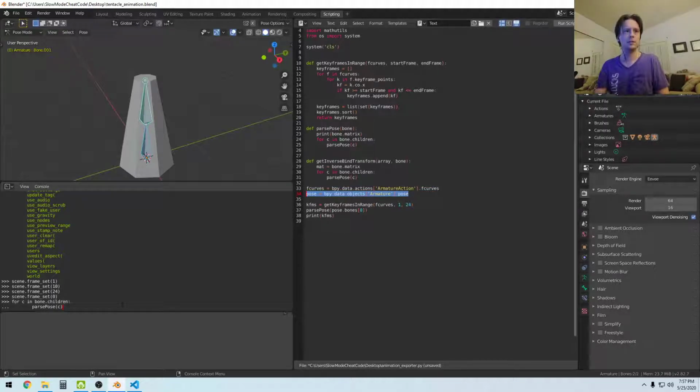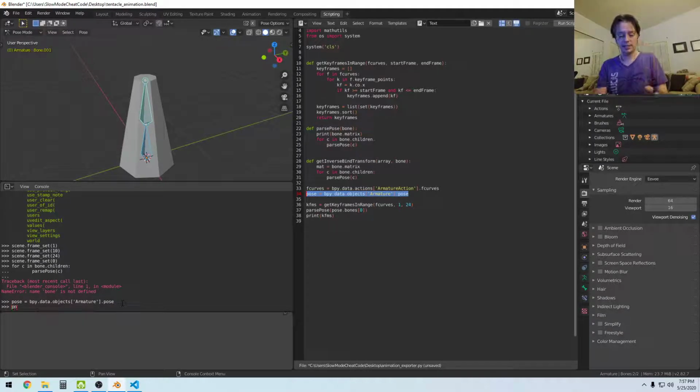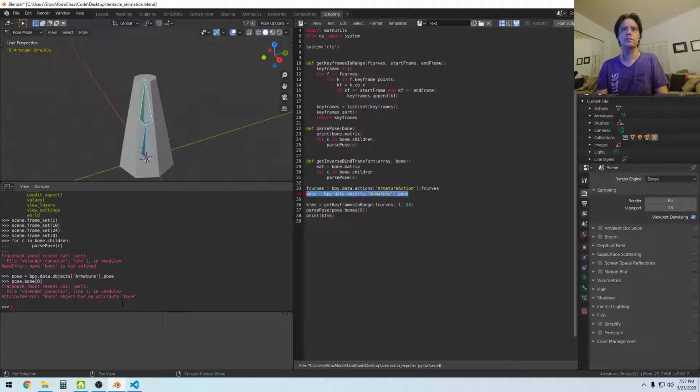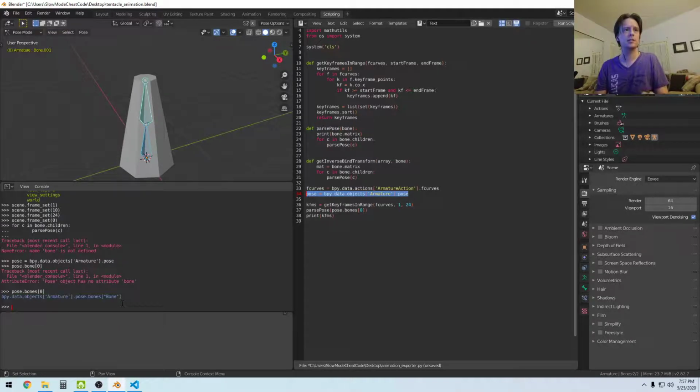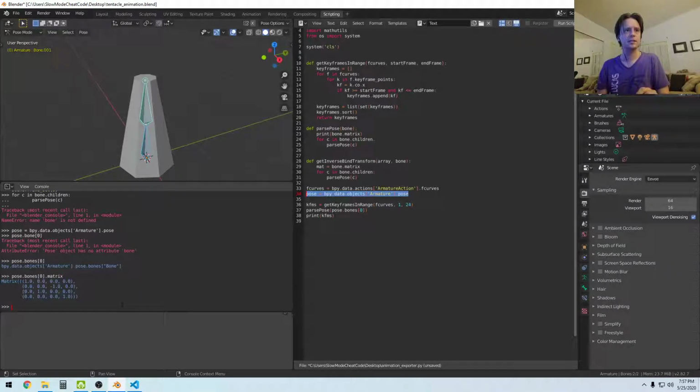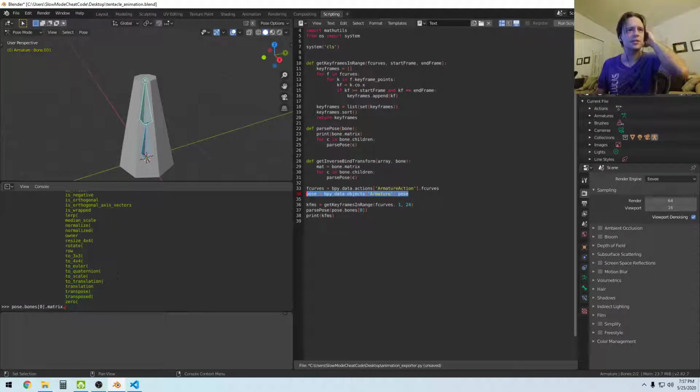Control copy. Okay, there we go. So pose is that, and then if I say pose dot bones 0, there we go. Okay, so I'm looking at this bone here, and I wanted to look at the matrix. All right, and then with a matrix I can